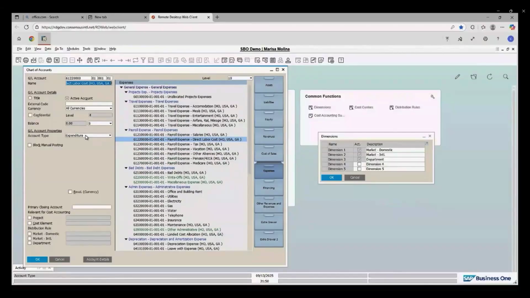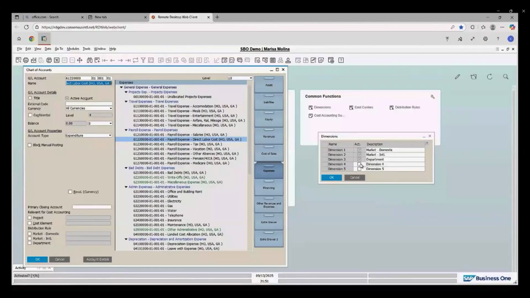So dimensions, you have up until 5. You can just imagine the options that you have in this one. There are companies that actually use sales employees. So sales employees, you could have it as well. Even if you have the profitability of sales employees in the sales analysis, it is relevant only for sales documents. But if you would like also to analyze sales reps with additional expenses like travel expenses, car allowances, any type of things, you can use the sales employee as another dimension.